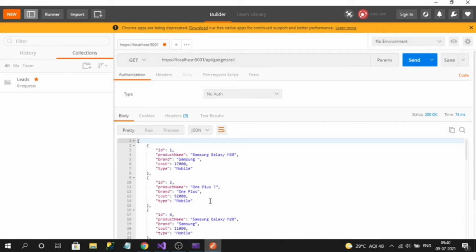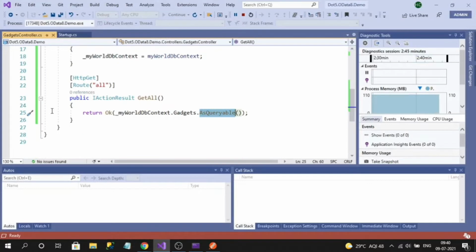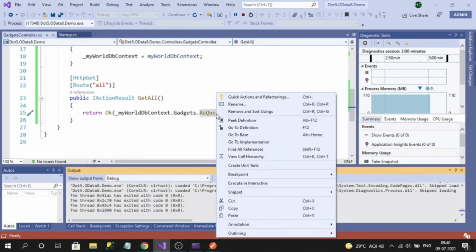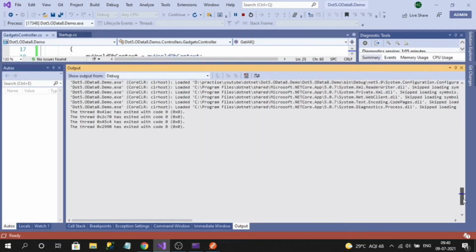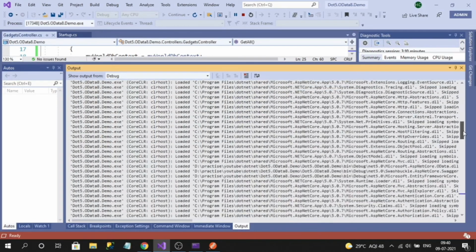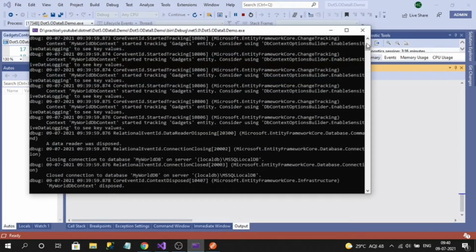Here I'm getting results, right? But if you watch our query, it is IQueryable, meaning on returning, a query is executed. If you go to the output window, we have written the query to the log. It will be available in the console.